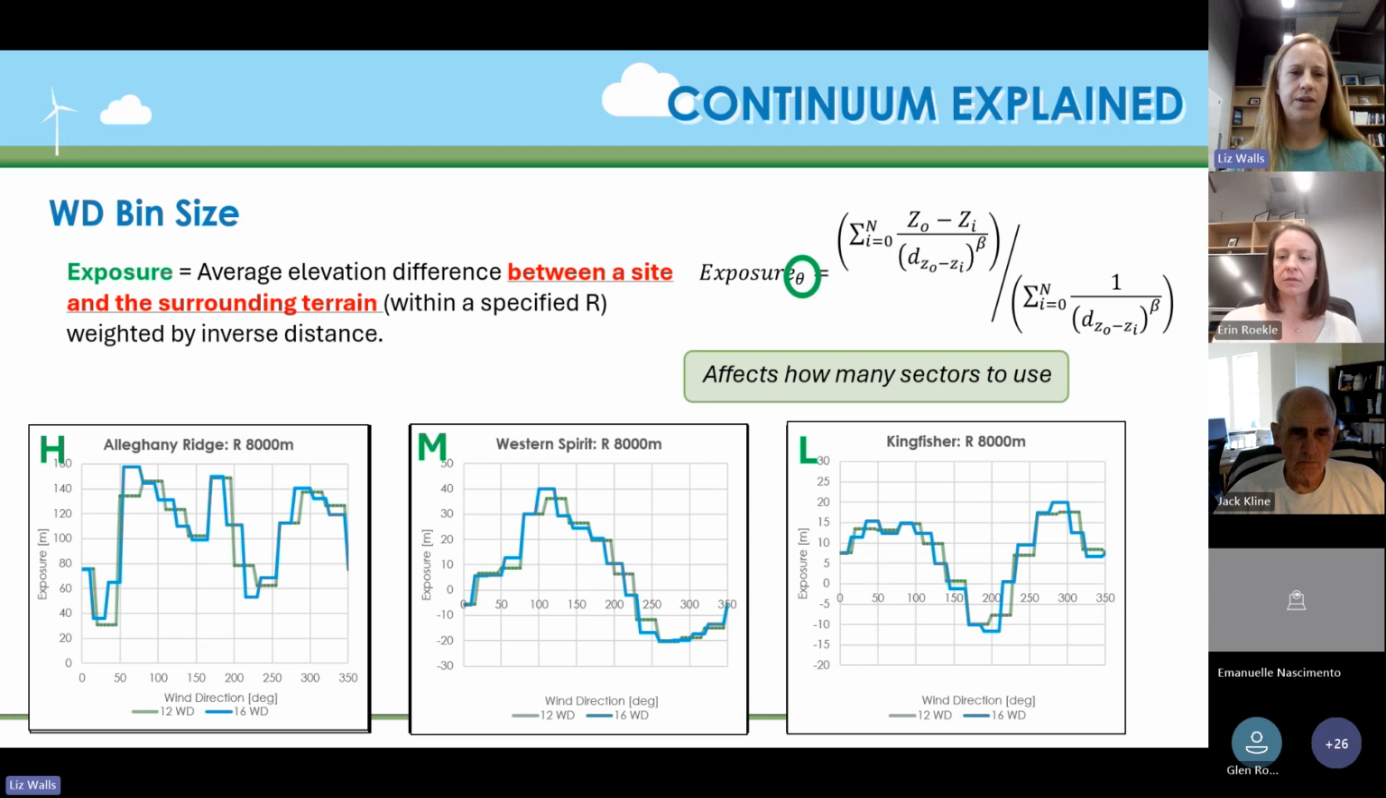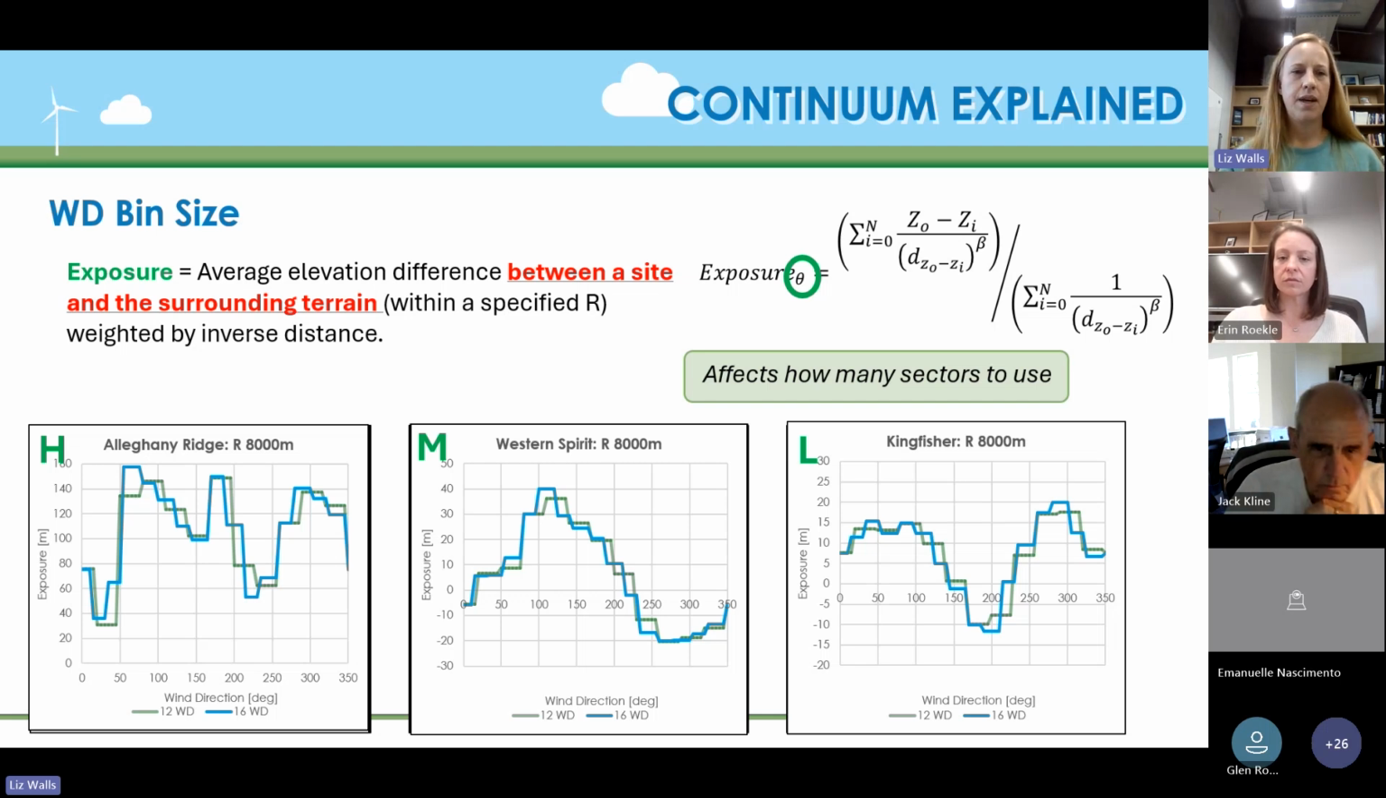So let's take a look at how the sector-wise exposures vary using these different wind direction bins. If we have just 4 wind direction bins, right? So north, east, south, and west, just 4 of them. These are the calculated sector-wise exposure values. So obviously, if you only have 4 bins, it's going to be quite coarse. You're not going to see a whole lot of the detail in terms of what's happening at the terrain surrounding